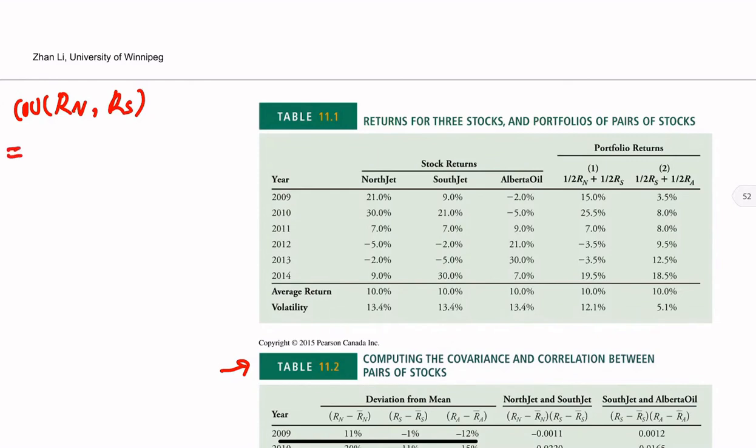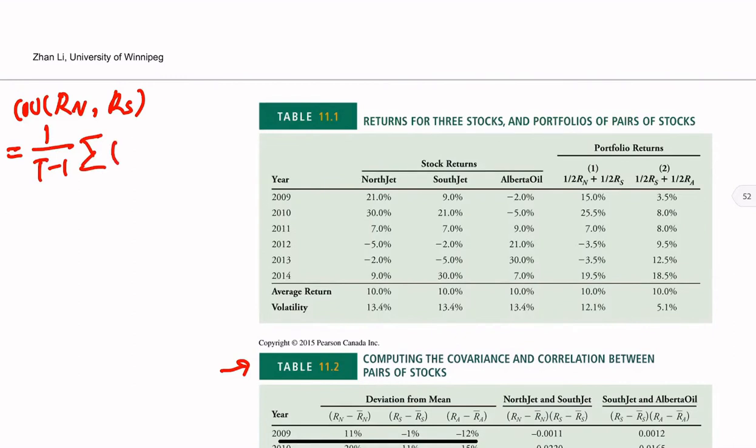Note that we have historic returns here. We're not having a probability distribution, because you have years here and you have the realized returns for these two firms. So it's 1 divided by T minus 1, sigma, which is the summation,